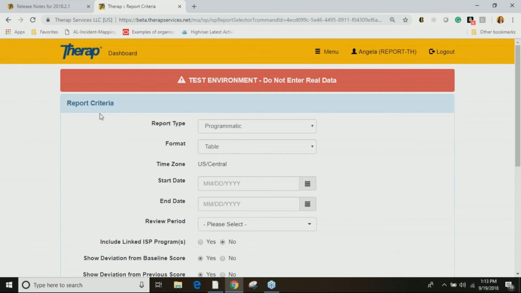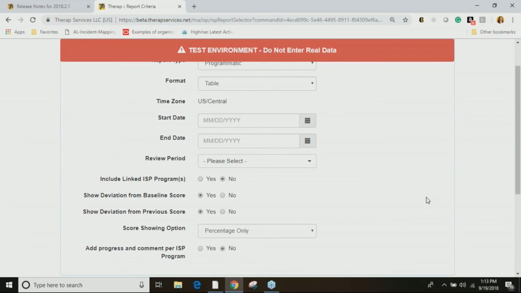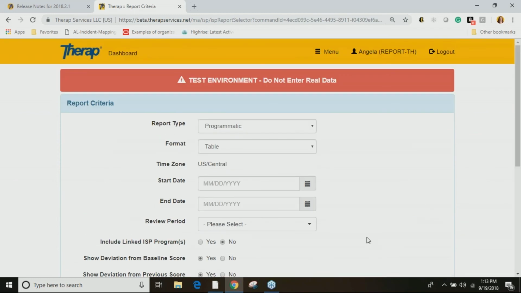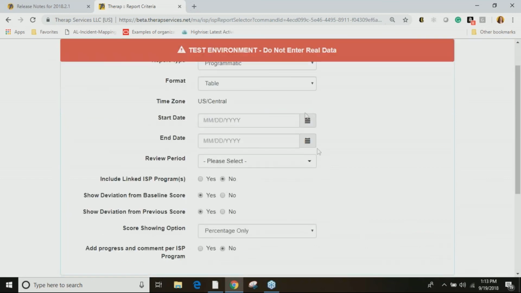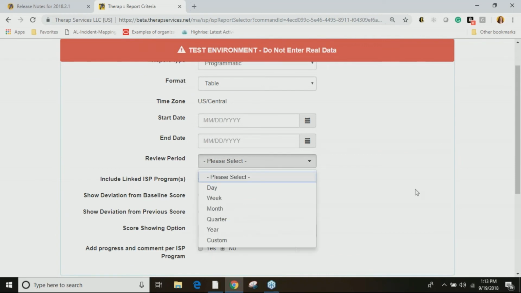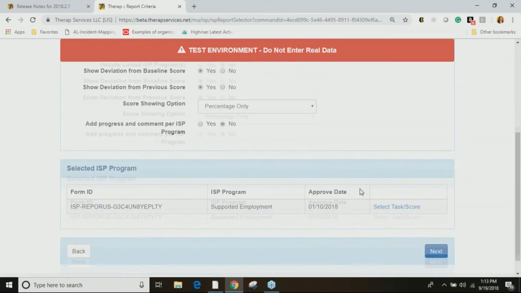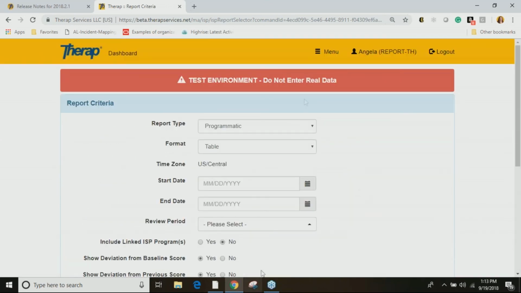And for everybody doing ISP data reports, you can tell right away this looks different. So this is the new user interface, certainly going to look much better as you switch to different devices and whatnot. So that's really all that's changed. All the same questions are here for each report. It might have changed whether it was a drop down or a radio box, but all the same fields. Okay, so no functionality change there, really just that new user interface.